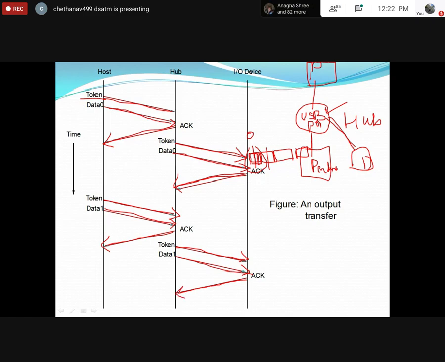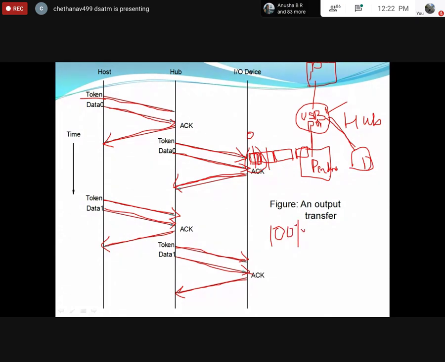I hope we're clear. Like this, a proper protocol will be maintained: sending the data and receiving the acknowledgement, sending the data and receiving the acknowledgement. This is mainly utilized for reliable transmission of data. Why do we call it reliable transmission? Because it will make your data 100% guaranteed delivery.